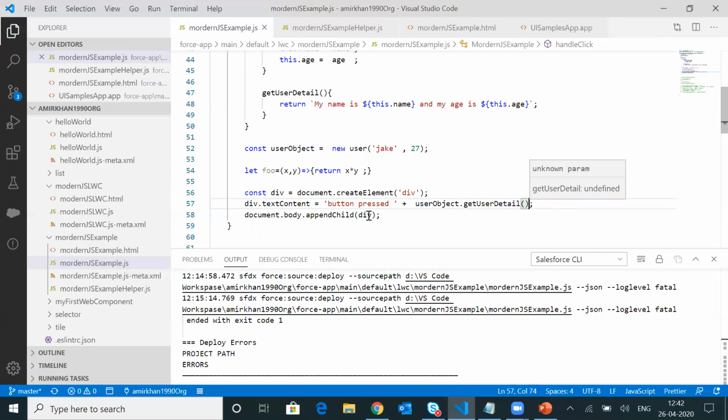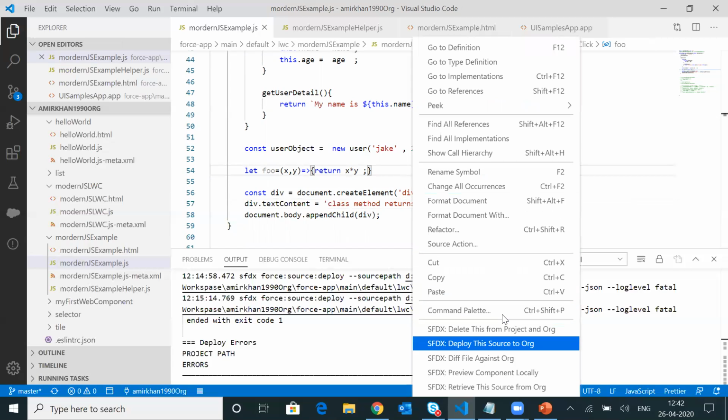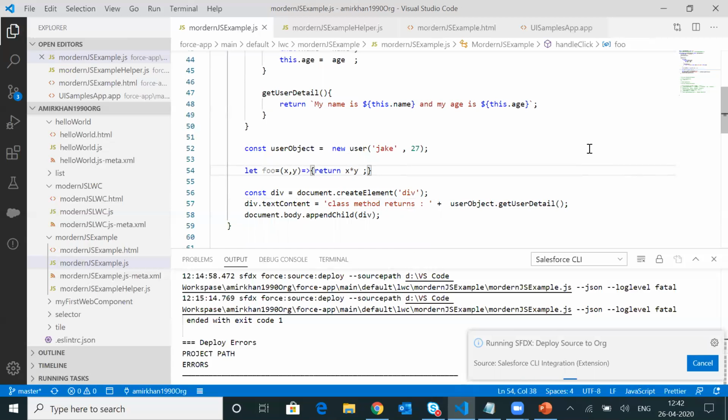So let me also update the message. So you can see the class method returns the following string. Okay, and let me save it and deploy to my org.